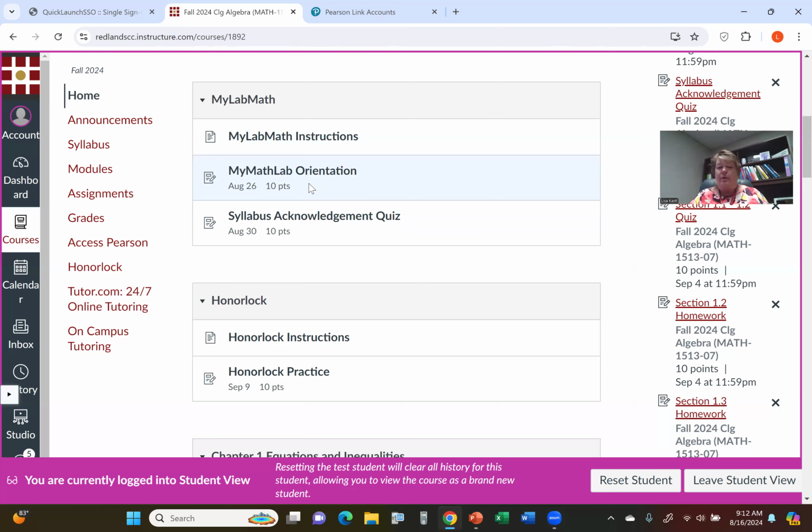It's fairly straightforward. But you need to practice it before you take your first exam because, and this will come out in an announcement, HonorLock is not an excuse for taking an exam late. So if an exam is due on a Wednesday at midnight and you haven't done the HonorLock practice and then HonorLock has some kind of glitch with you, too bad. It's not an excuse. You need to practice it as soon as possible.